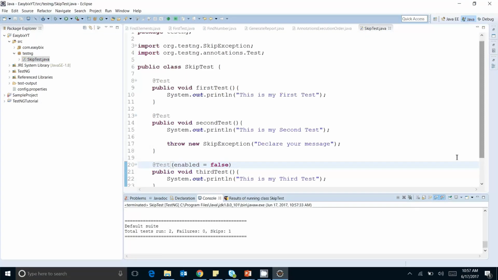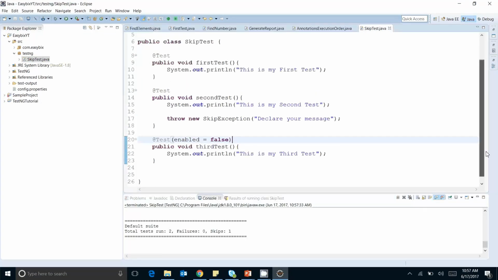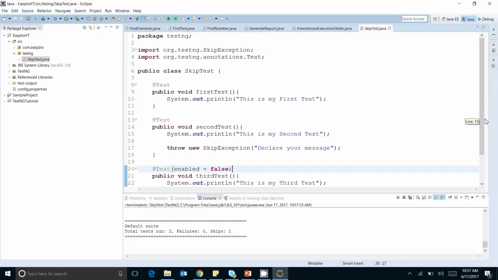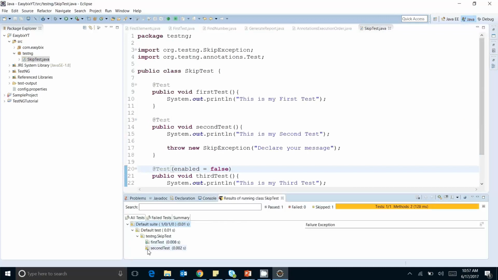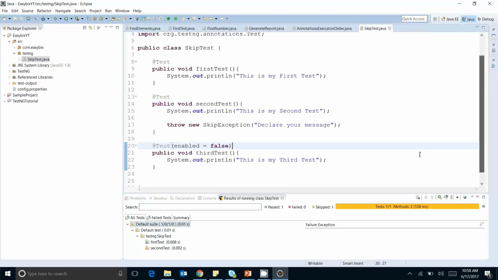So why am I getting the test as skipped when using enabled equal to false, I can also skip the test case, but I was not getting the same test in the report. You can see in the report as well, here that particular test is marked with the yellow sign, which we have never seen in the previous one. In the previous one, the whole test case was removed from that report. So why am I getting these differences?